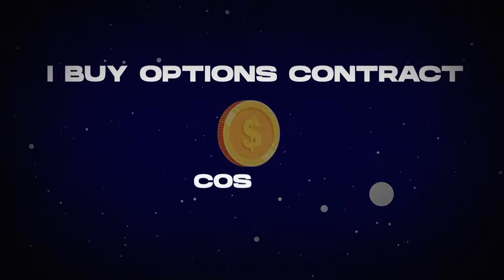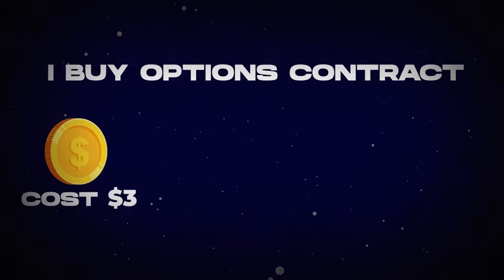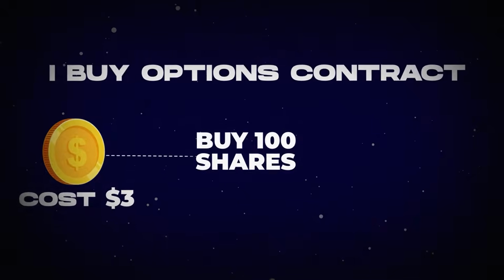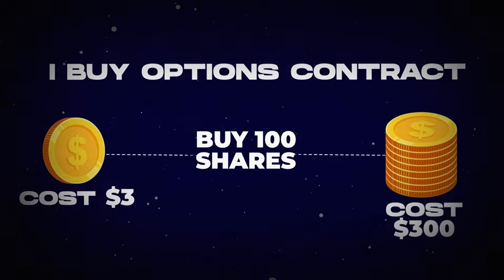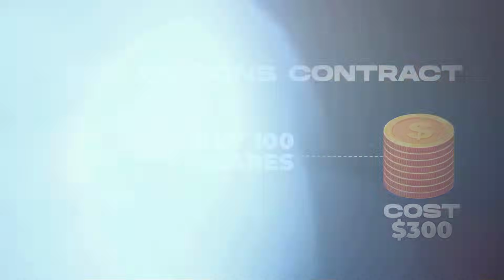This is not going to be a whole guide on options, but an options contract, when you buy an options contract, it basically means that you have the right to 100 shares of that stock. So for example, if I buy an options contract and it costs $3, I will take this $3 and I will times it by 100 shares, and then this options contract will cost me $300 to get in. So that's a little bit of math behind options and how they work.